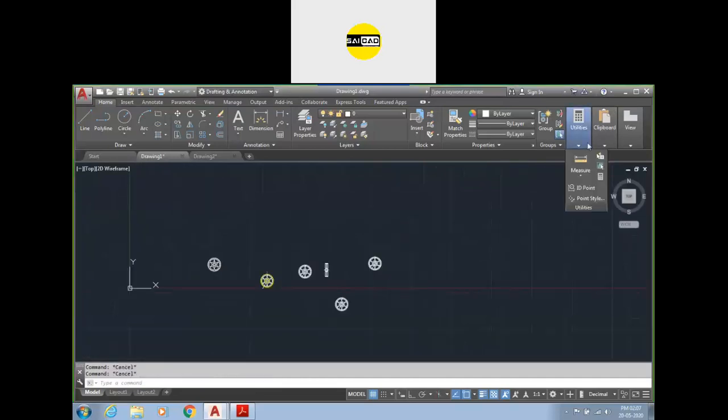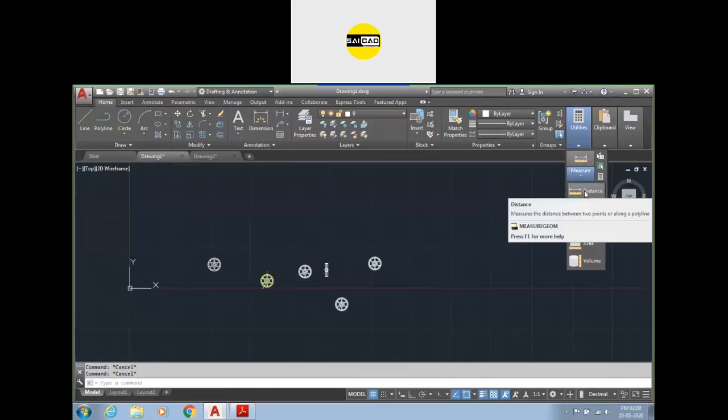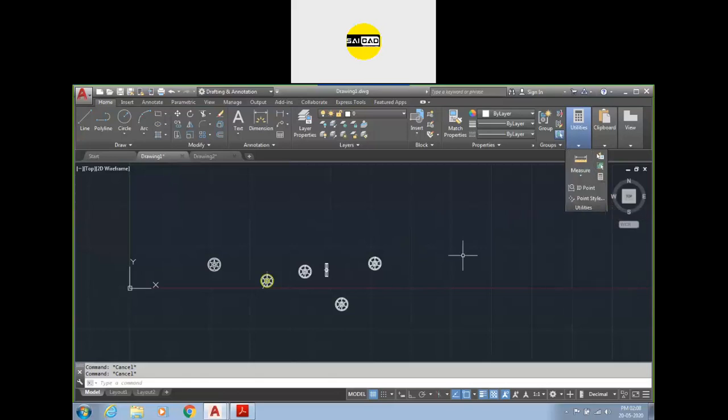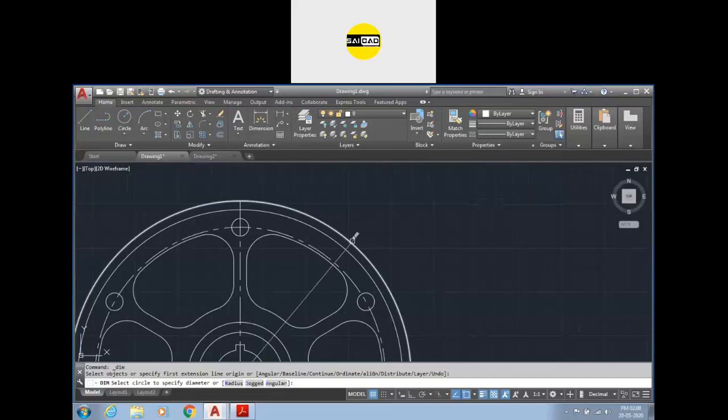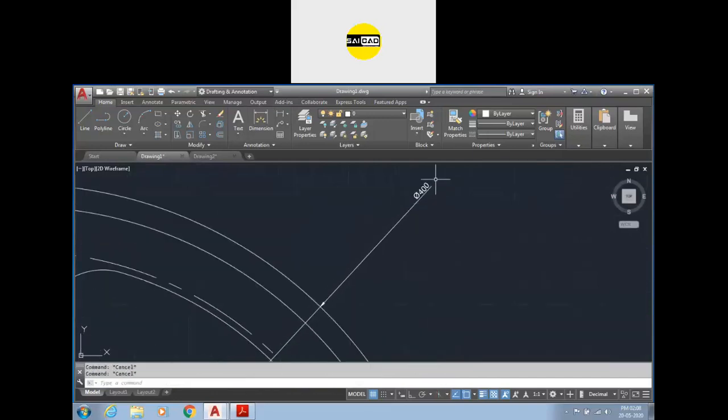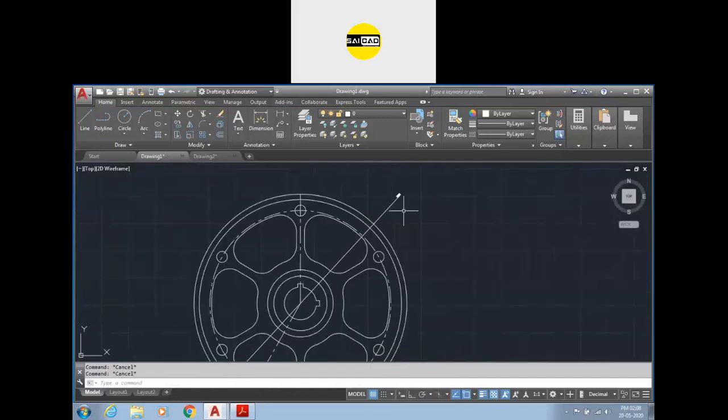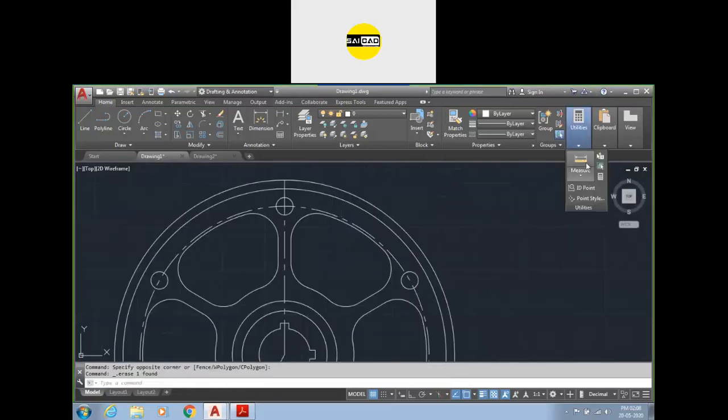So next we have some utilities here. In utilities we have some functions, like if you want to check the distance. These options will not be applied here. These options are just to check the dimension, the radius, the area, things like that. Okay. If you define any property or any dimension from here, the dimension will be added here. But if you need to check the dimension, not show the dimension, just to check the dimension, you can go to the utility, go to the measure. If you want to check the radius, click here. Just click here and you will see the radius is 200, diameter is 400 down there.